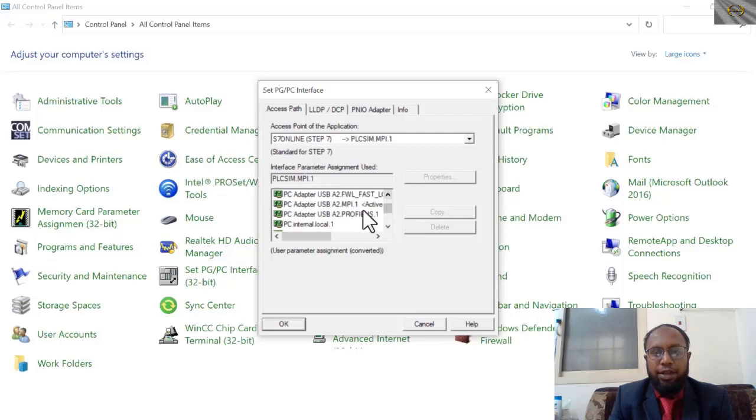We are connecting our MPI A2 cable in active mode. Then okay,